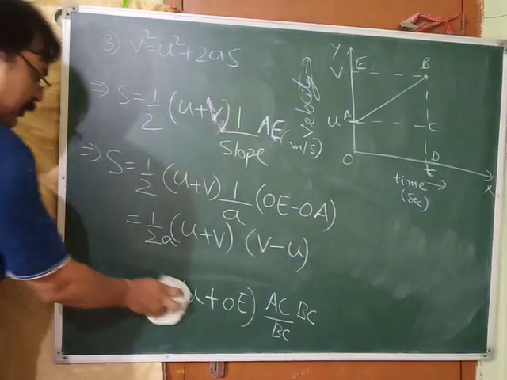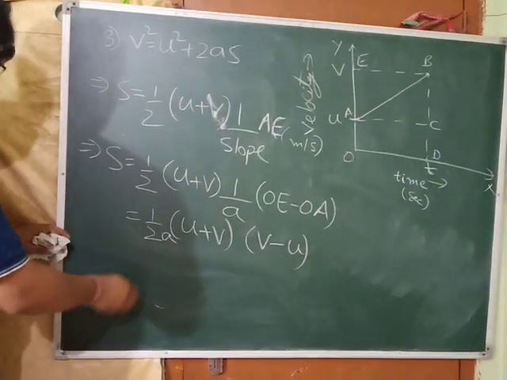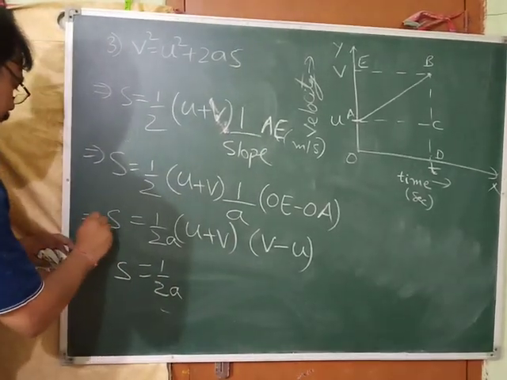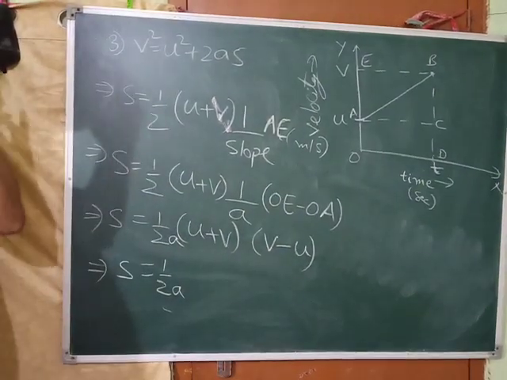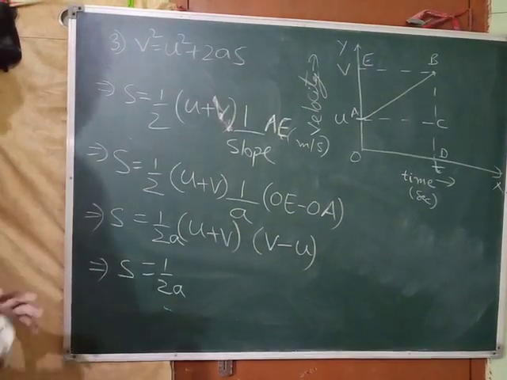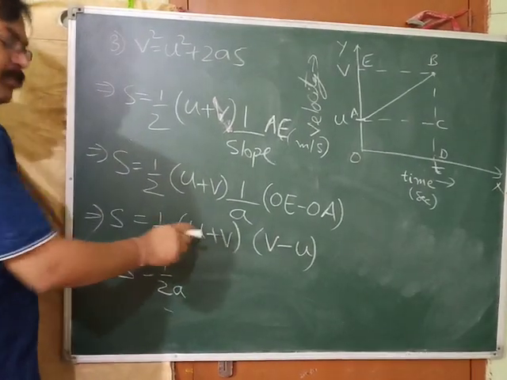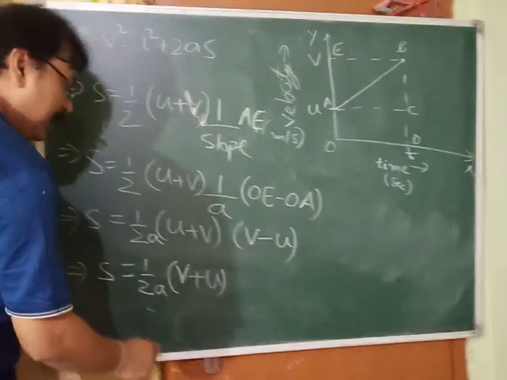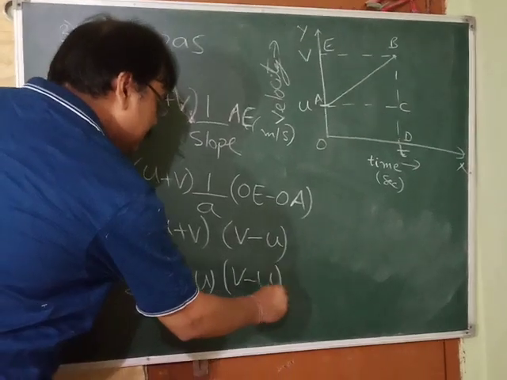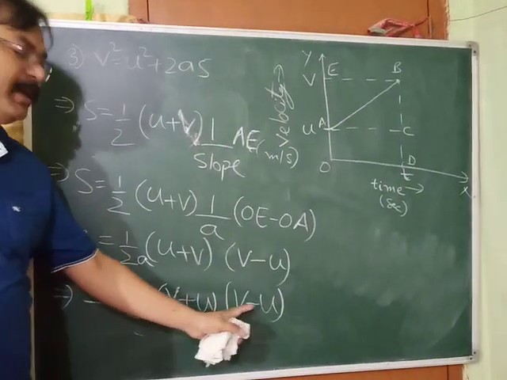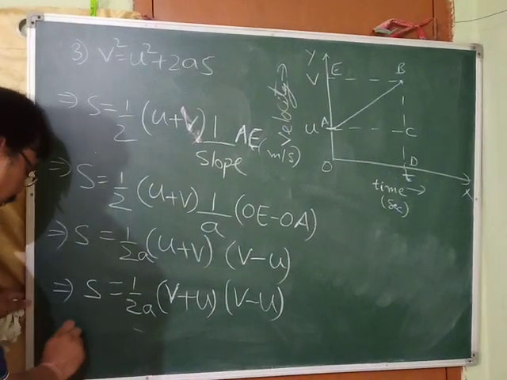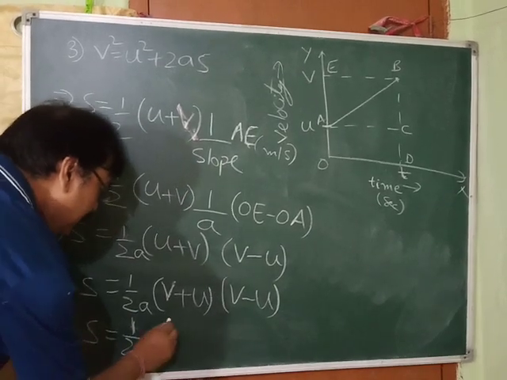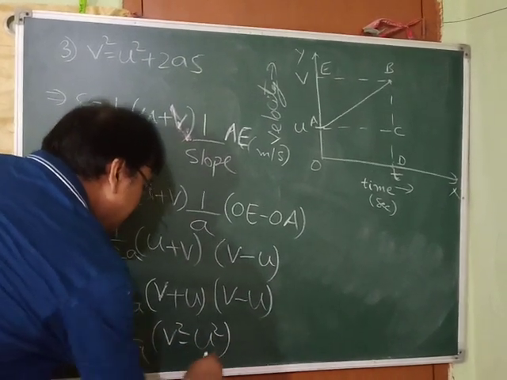Okay. Now can we do it like this? Just tell me one thing. Either you write 3 plus 5 or you write 5 plus 3, both are same. So, either you write U plus V or you write V plus U, both are same. So, can we write here V plus U? Why am I writing this? Because you can see here it is V minus U. Now, what is the formula? A plus B into A minus B is A square minus B square. So, what you will get? S is equal to 1 upon 2A, and you will get here the A square minus B square formula.